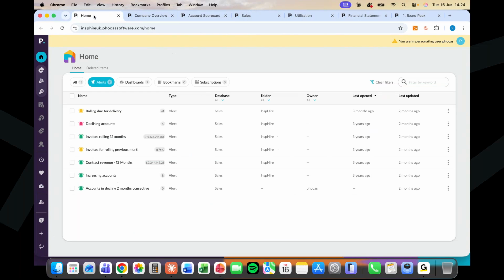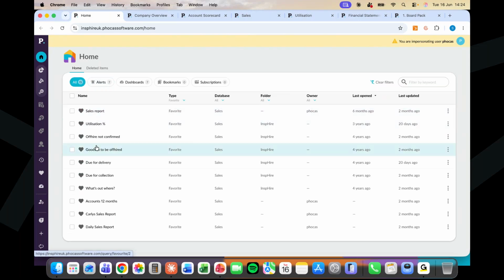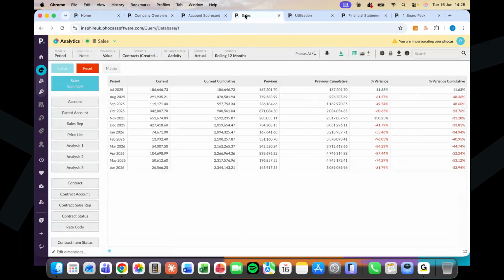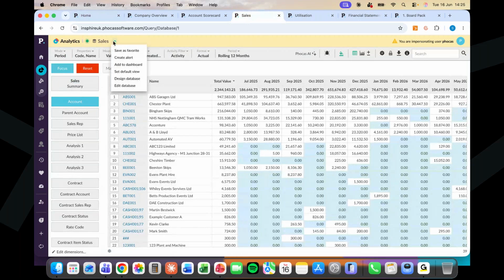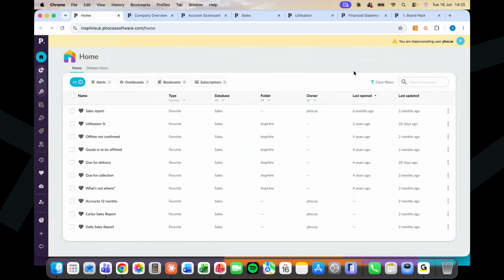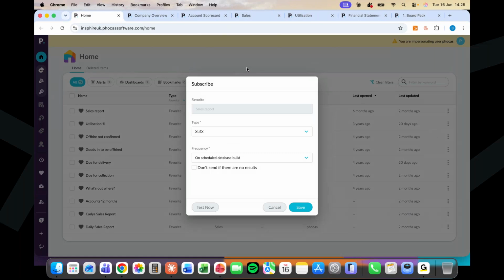Finally, before giving you that preview of finance, I also wanted to make you aware that on the homepage, so think of this as the third layer down, we also have the favorites. Now, favorites are reports that you can save in the grid. If I had a customer sales report there, which I wanted to save, I can save that as a favorite. It will then sit as a bookmark on your homepage, and it's very easy for you then to go and subscribe yourself or other people in the business to that report to ensure that they receive it in a